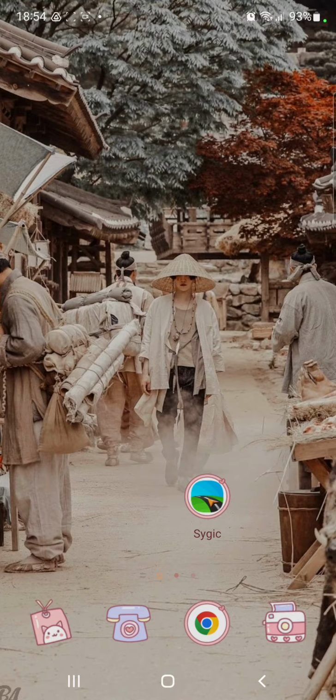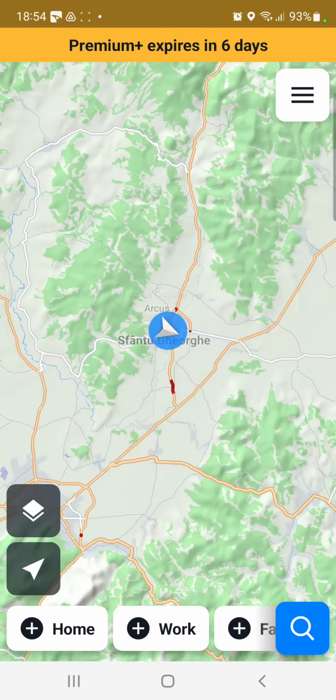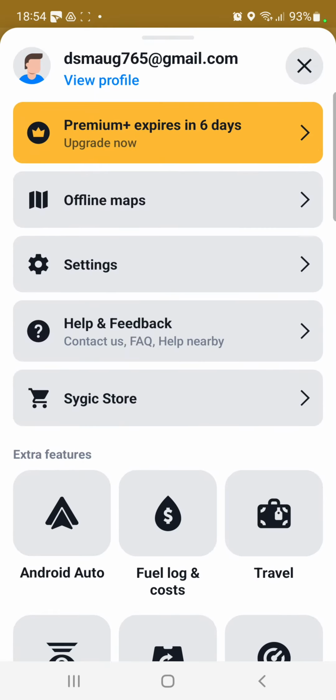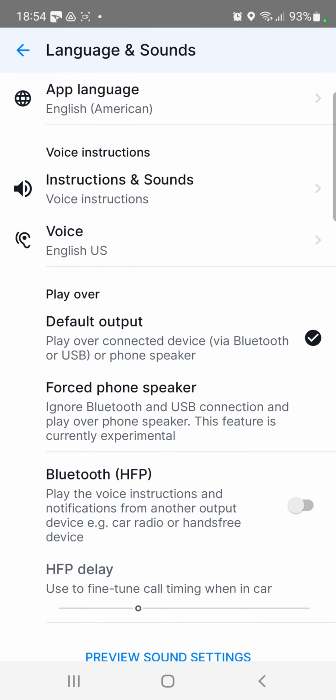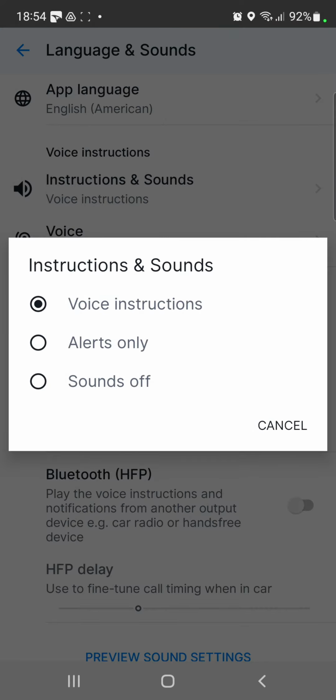First of all, open the application on your device. Now, click the three lines at the upper right corner of the screen and click the settings button. In the general section you can find the second option, the language and sounds, and here you can find the voice instructions section. Click the first option, the instructions and sounds, and you can select the voice instructions, the alerts only, and the sounds off. And just select one, for example the sounds off,